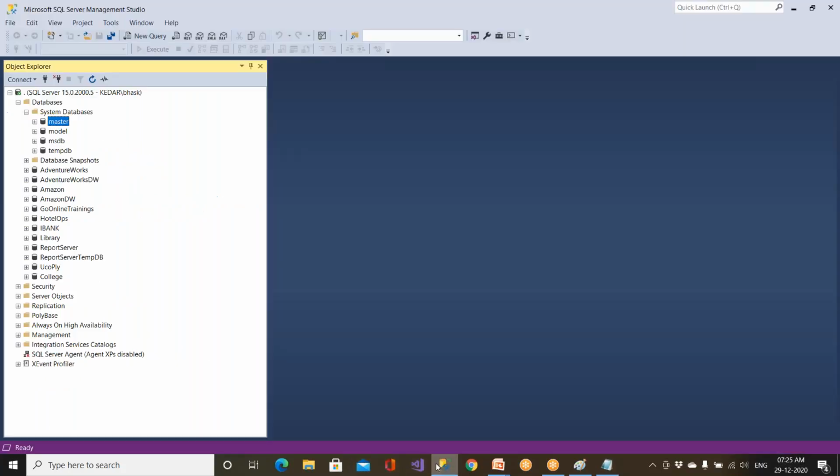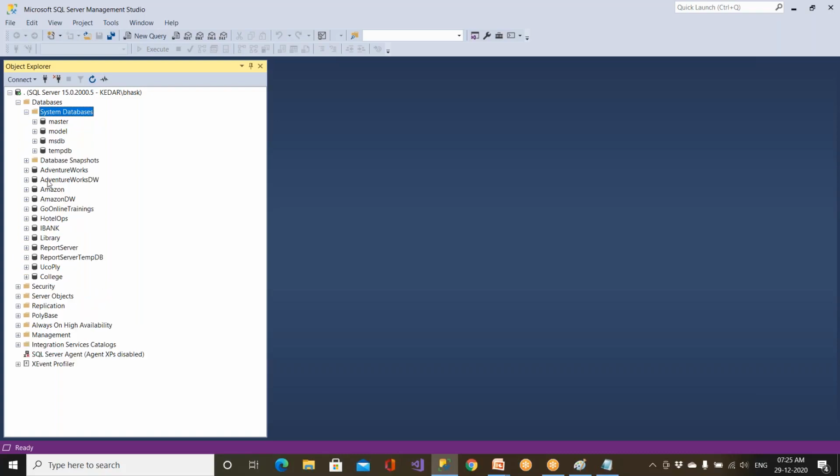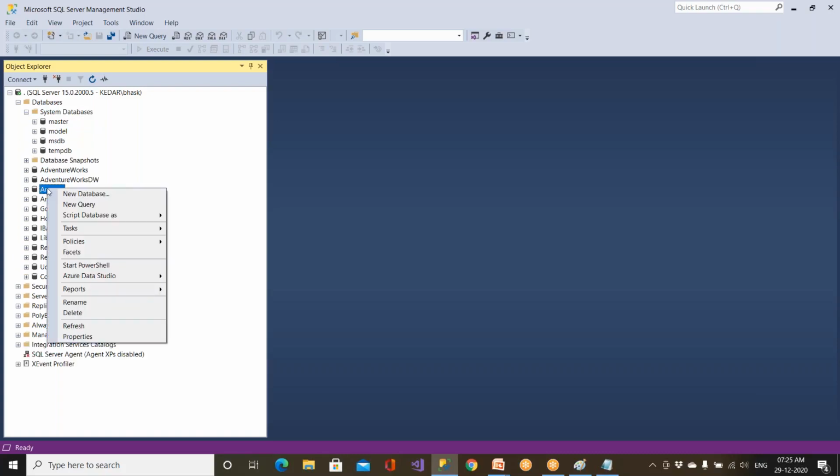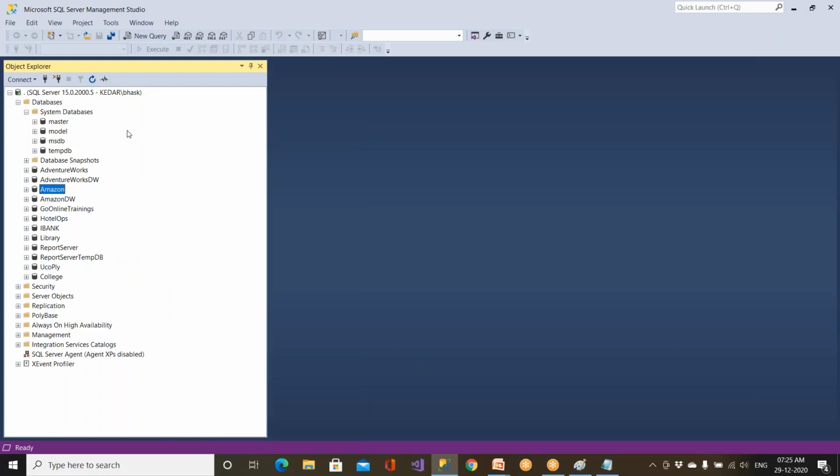This kind of information will get stored in the MSDB database, and the backup. For example, every day you get new data. If something goes wrong tomorrow, what happens to this data? So we need to have a database backup. Clear? When you right click and say tasks, you should be able to back up. If you have a backup, you should be able to restore it, right? So tomorrow, if I want to take this database backup, manually you need not take it. Automatically using MSDB, it takes all these database backups and pushes them to one more remote location.